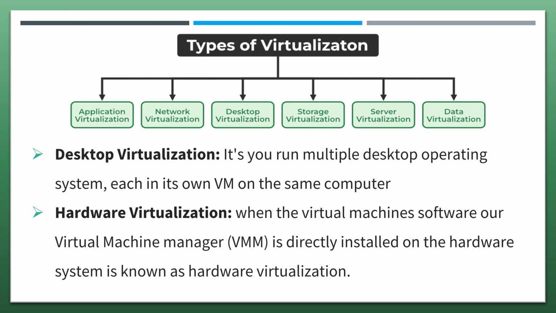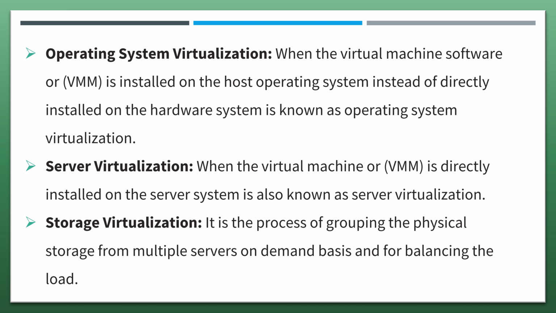Now let's see some of the virtualization types. Desktop virtualization and hardware virtualization. Desktop virtualization. You run multiple desktop operating system, each in its own VM on the same computer. Hardware virtualization, when the Virtual Machine Manager, VMM, is directly installed on the hardware system, is known as hardware virtualization. Operating system virtualization, when the virtual machine software or VMM is installed on the host operating